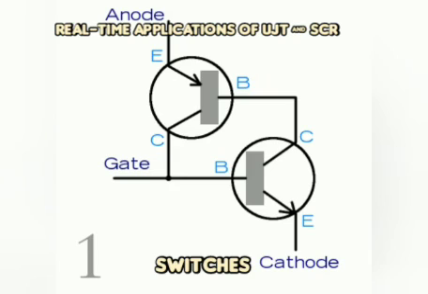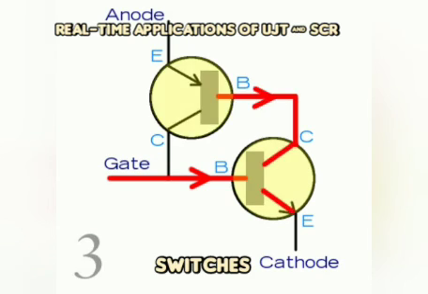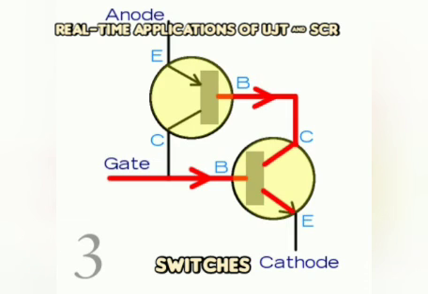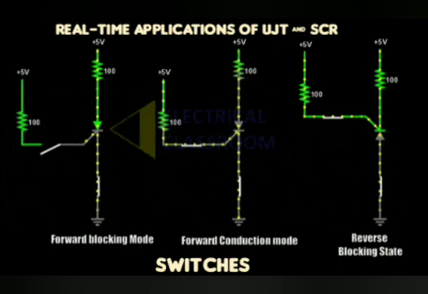Moving to the real-time applications of UJT and SCR, as I have mentioned, switching is one of the major applications, which you can see in all the devices we have seen, and especially regarding these power devices, UJT and SCR, switching circuits, DC or AC switching circuits, whatever it is, this plays a major role in switching and regulating them according to the input we are giving. It keeps them in on state or off state and stabilizes them to work according to the power level, so that it avoids the device from getting damaged. This is one of the major applications of SCR and UJT.